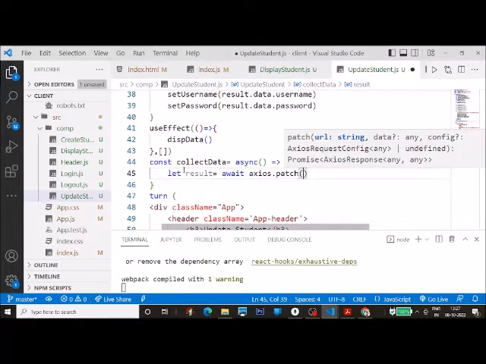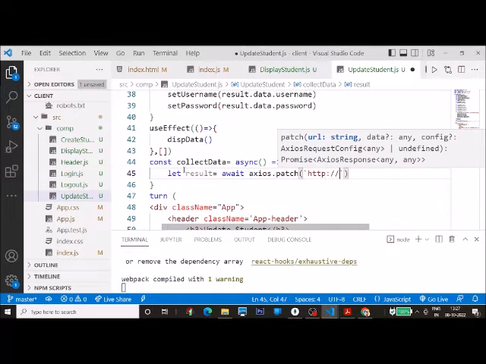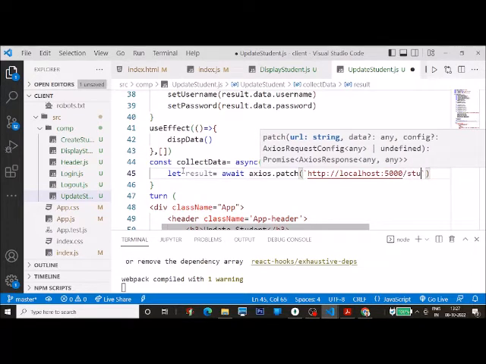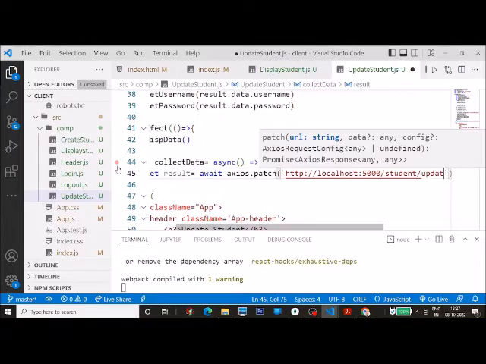Into the bracket here I will write down that path. So I will write down http://localhost:5000/student/update/